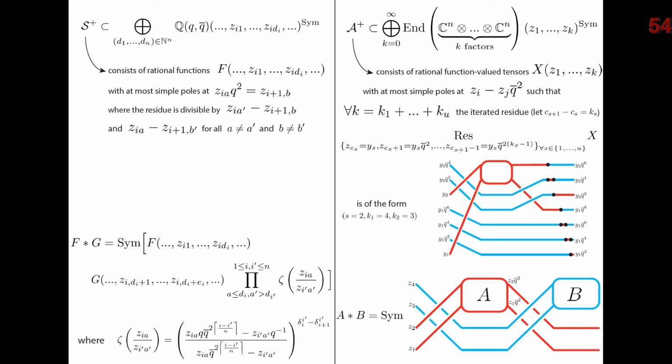So Q appears in the R matrix, and Q bar appears in this funny residue condition, and it also appears in shifting the variable in this R tilde. Okay, and finally, I should remind you that the formula for the shuffled product of A and B can be represented as a braid in this way. So this picture over here is exactly what I had in formula as before. I had the symmetrization of a bunch of R's, then A, a bunch of R tildes, and then B. In terms of braids, it's exactly represented by this braid here, which arguably looks a lot nicer than what I had before. So the shuffled product in this algebra can also be